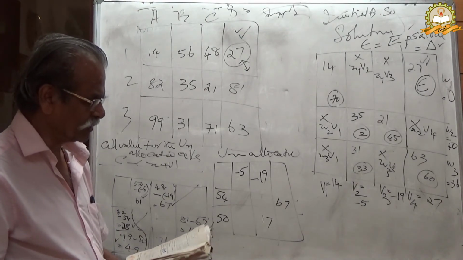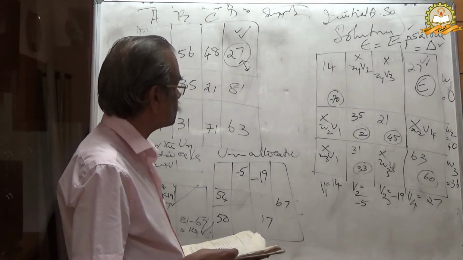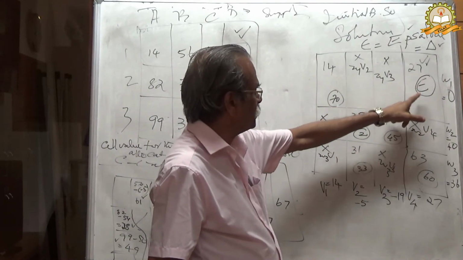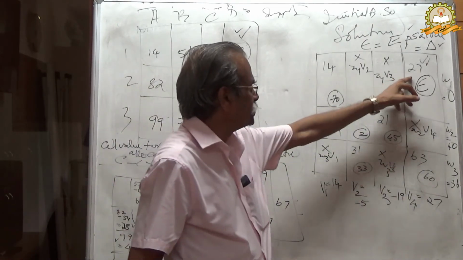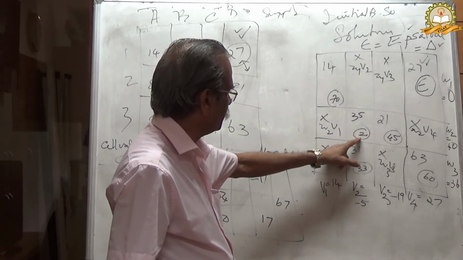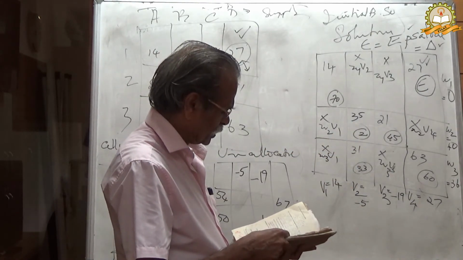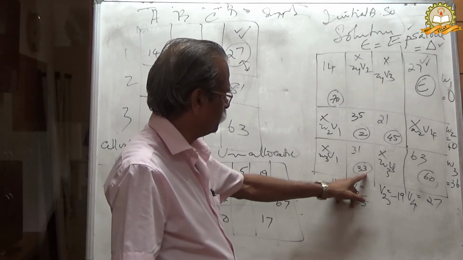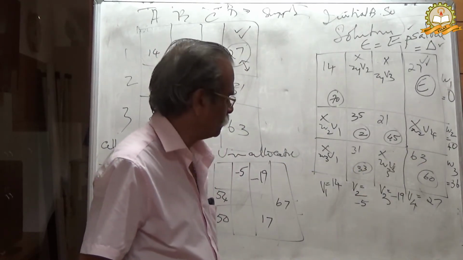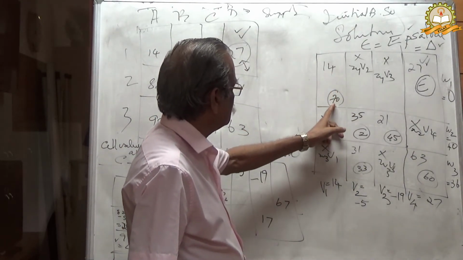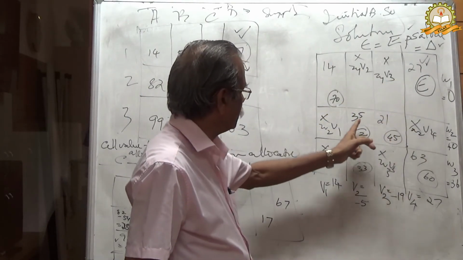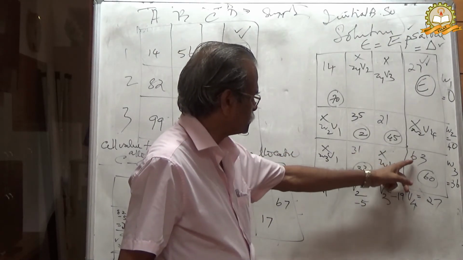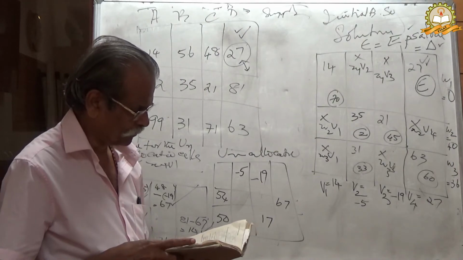Therefore, TC, transportation cost, will be 14 into 70, plus 27 into epsilon, 35 into 2, 21 into 45, 31 into 33, 63 into 60. I will repeat, 14 into 70, 27 into epsilon, 35 into 2, 21 into 45, 31 into 33, 63 into 60 equal to